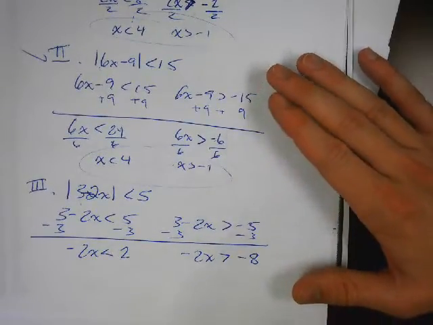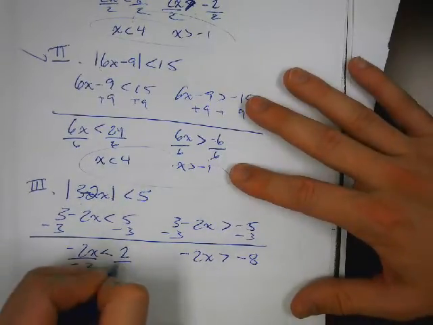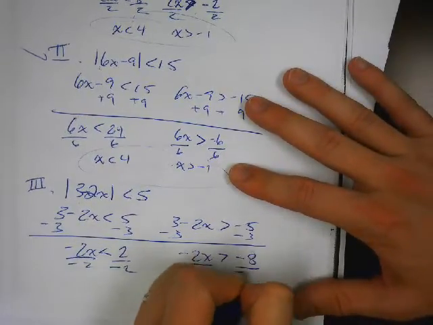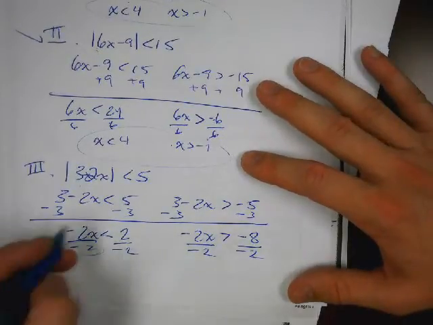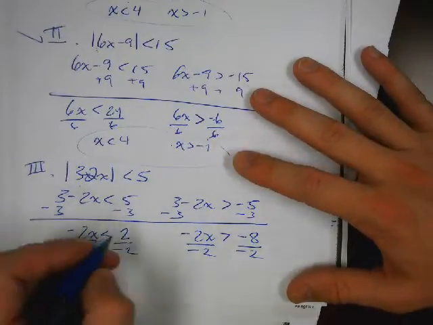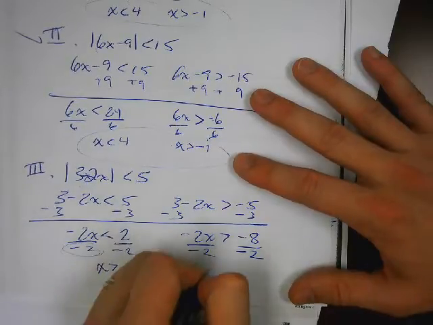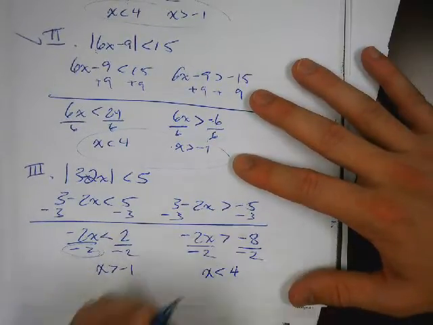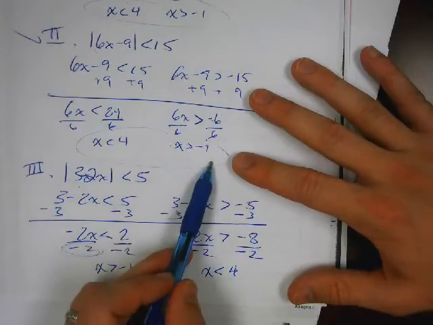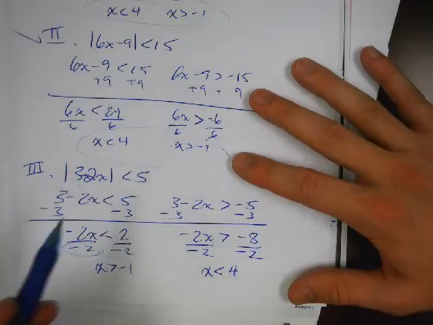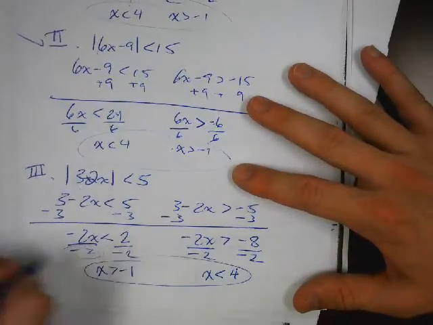When we divide by a negative, we have to flip the direction of the inequality symbol. And since I have a negative 2 in my denominators here, that's going to happen here. We have x is greater than negative 1, and x is less than 4. These are the exact same things that we got from the other 2 responses, so 3 works as well. Option 4